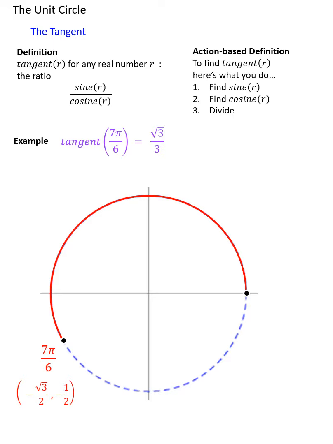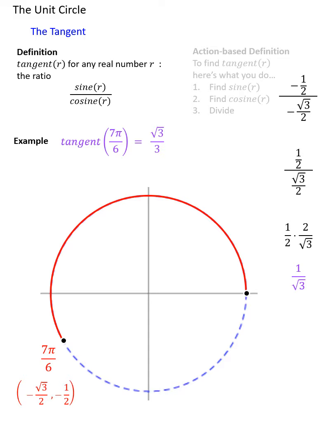Before we go on to another example, however, I'd like to show you my scratch paper. Here's the division. And hit pause if you want to analyze the details. So when I divided the y-coordinate by the x-coordinate, or the sine divided by the cosine, I got 1 over radical 3. In some courses, the teacher or professor will let you stop there and say, there, the answer is